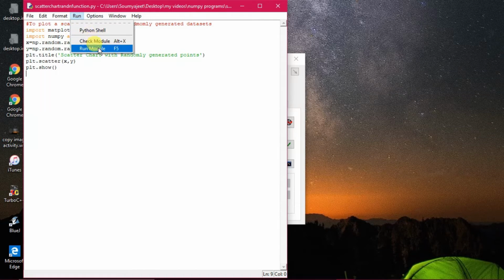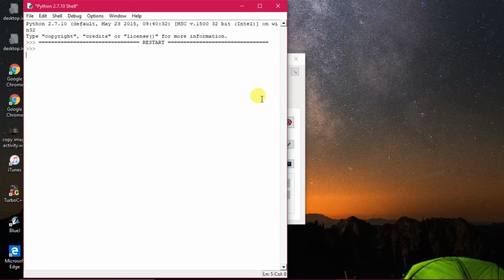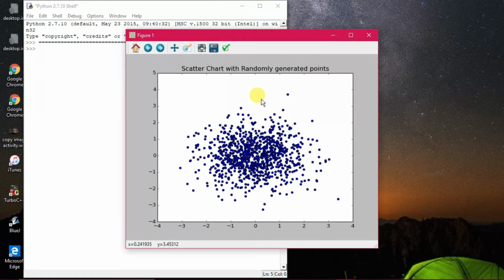Okay. Now you see how this has to be executed. Run executing this program, then you can see the graph that has been generated. Yes, this is the one, the randomly generated points have been given, because the random numbers are such kind of numbers between 0 to 1. Between 0 to 1, there are innumerable rational numbers that are being generated randomly. That is the purpose of the random functions, and accordingly the scatter plot has been made.